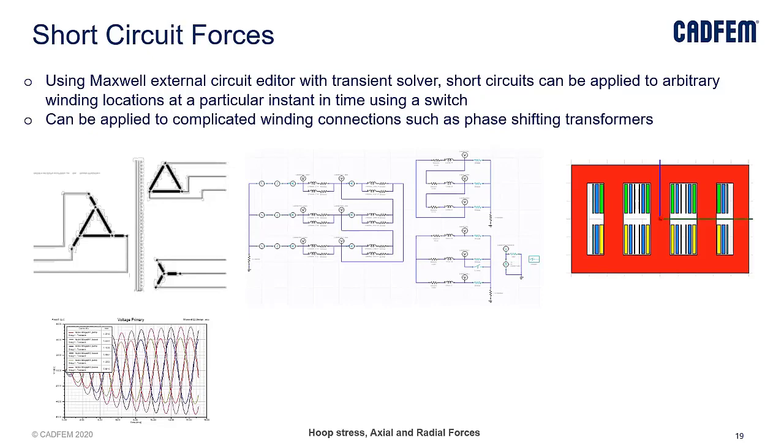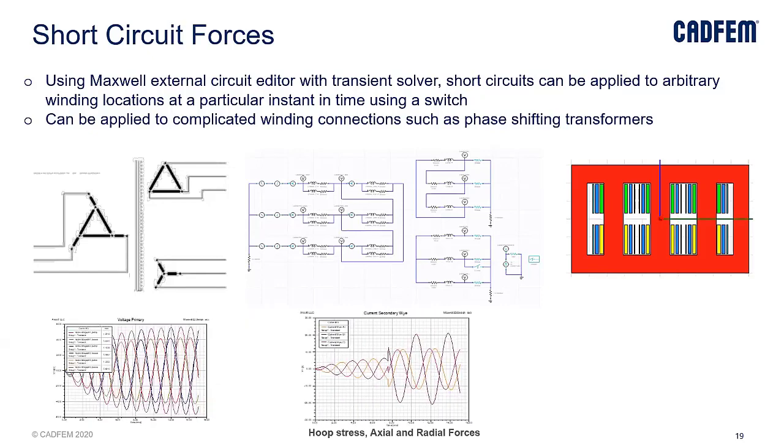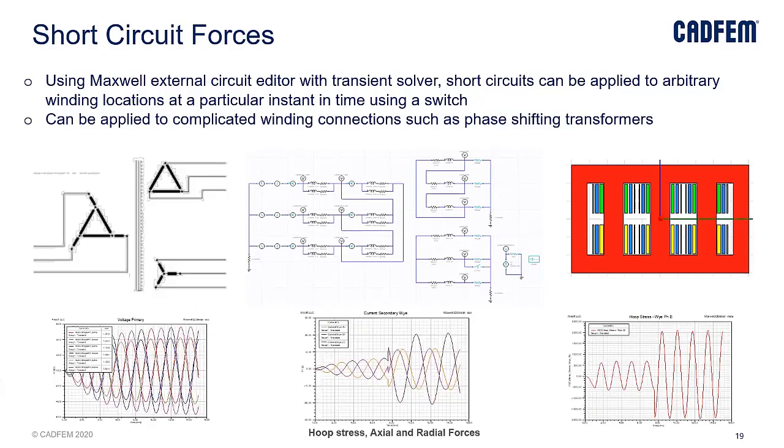We can see how much effect it is creating on other windings and how it is creating stress on the transformer windings. As an engineer, we can validate that by analyzing the result. We can be pretty sure whether our transformer can withstand that kind of short circuit effect or not, and when it goes for physical testing, it can easily pass the test. You can see here this is a delta on the primary side, and on the secondary there is a connection of delta as well as star. And here we are connecting a mechanical switch,